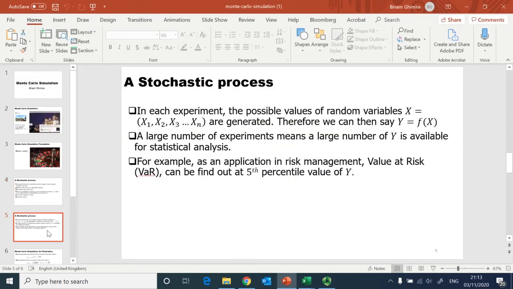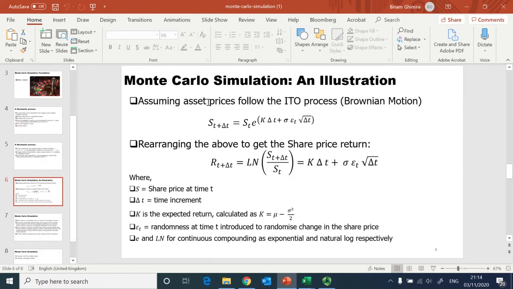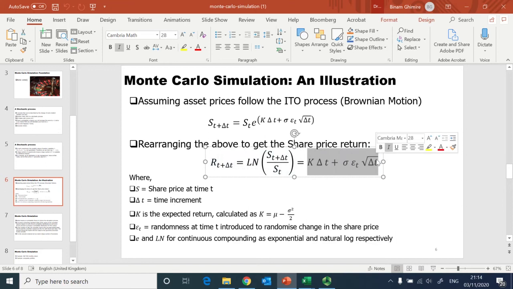So then the other thing that we need to do is generate a large number of trials or experiments, and from there find out the value at risk at the given confidence interval. The formula here given, we would like to use the stock price is this. Now in terms of the return, the e or exponential converts into natural logarithm, so therefore we can simply take this one here in order to compute